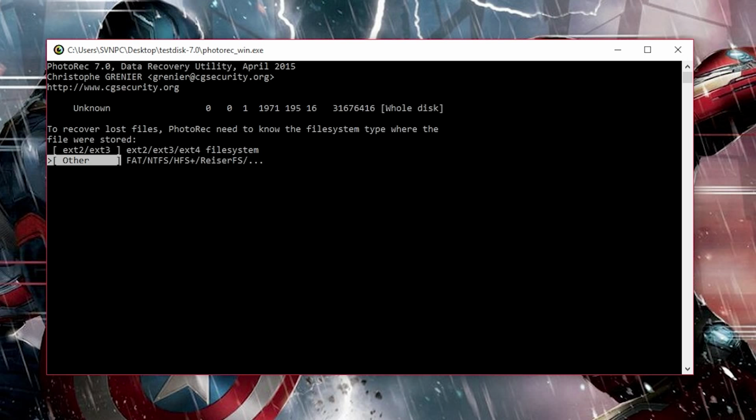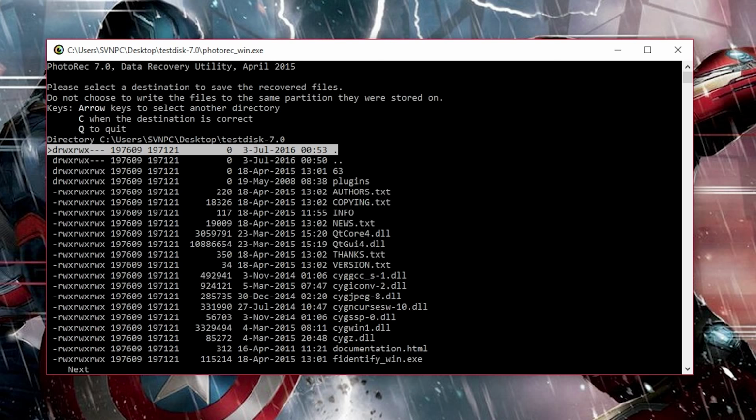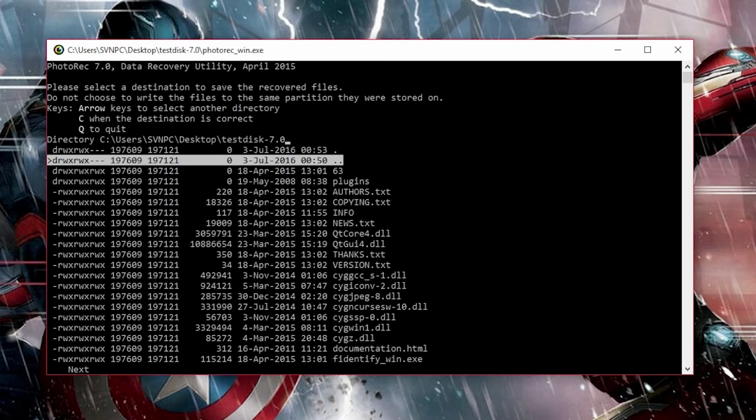And after pressing enter, it asks for the file type. So the file type of my USB flash drive is FAT32 and not ext2/ext3. So I'm going to select the other file system option. Once you click on that, it will ask for a destination folder where the software needs to store the restored